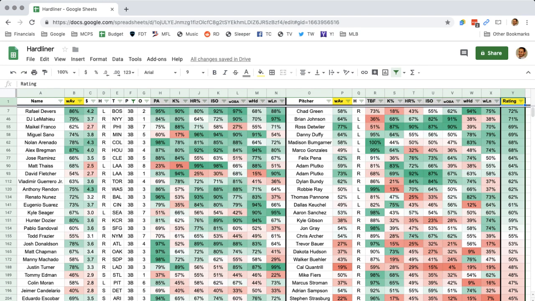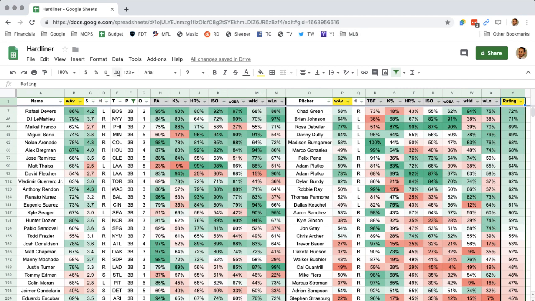And then Arenado against Bumgarner. We know what Arenado can do against opposing lefties, but Bumgarner, he's a different kind of lefty. He's a hell of a lefty. Gives up hard contact for sure, but the results aren't there for the opposing batters. But they're playing in Coors, so the results could be there tonight.